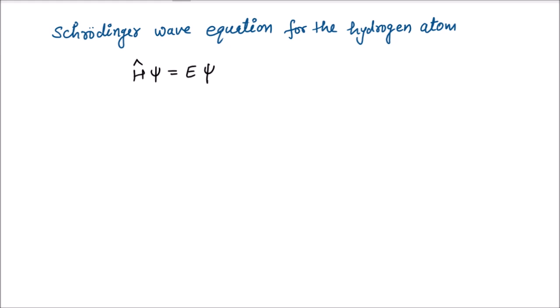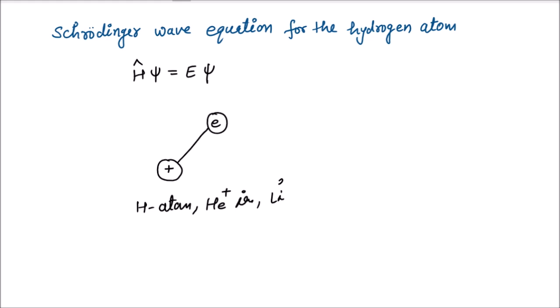So hydrogen atom consists of a nucleus and just one electron. There is one nucleus and one electron. Nucleus can be bigger than just a single proton. Like if we have hydrogen atom, or even helium plus ion is just like hydrogen atom. These are known as hydrogen like atoms.